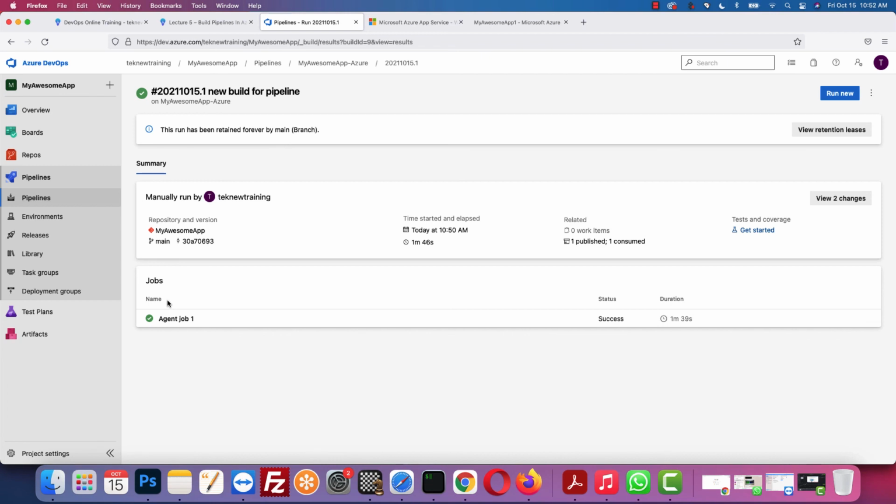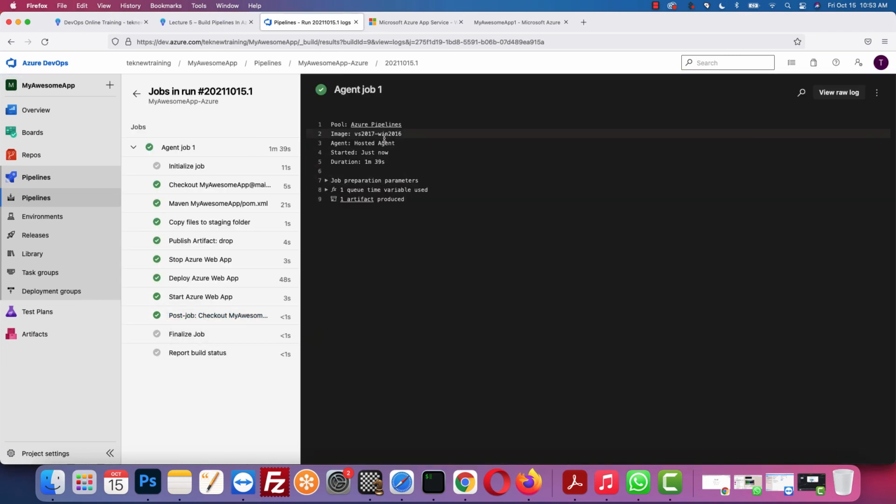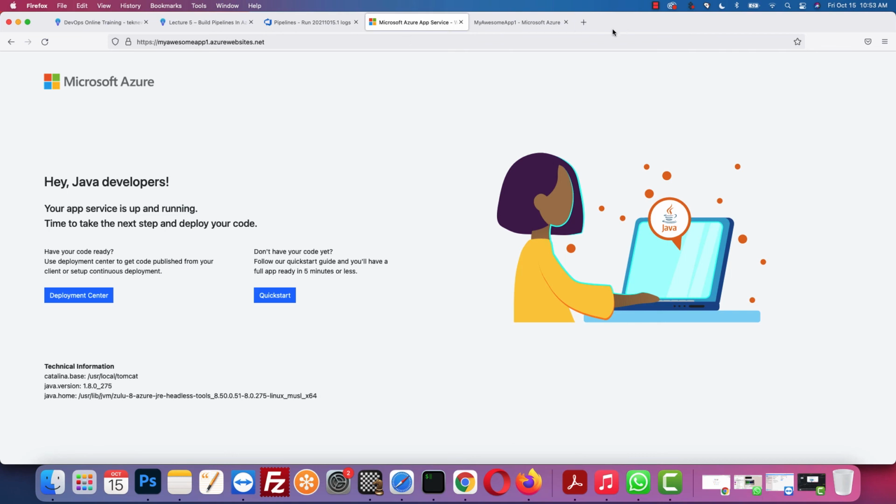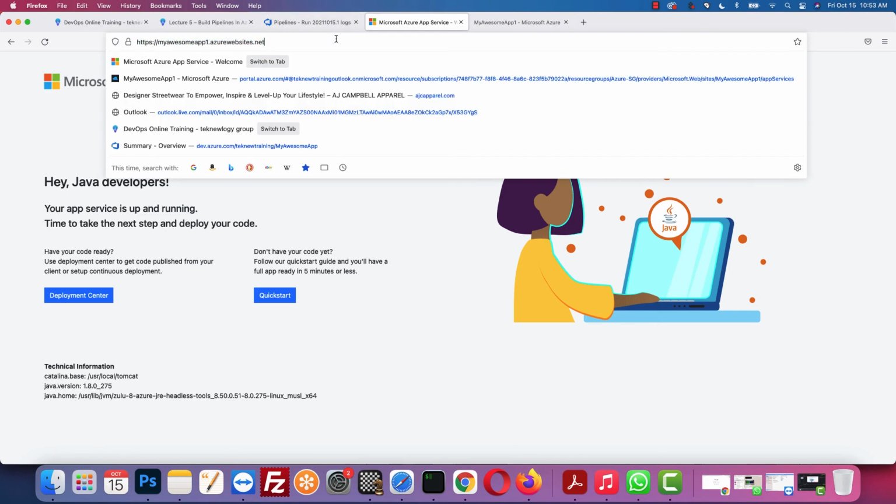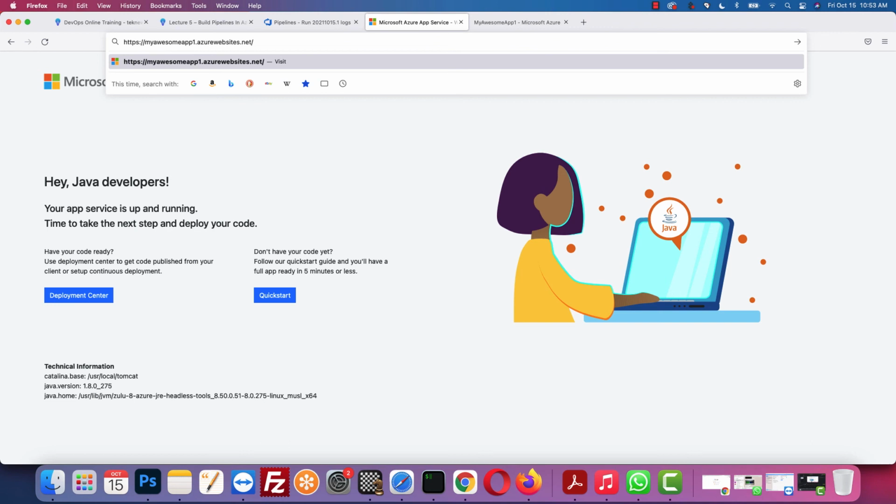Alright, so after completing, you're going to see agent job 1 green. And if you click right here, then you should see all the build. Yeah, Azure pipeline, agent just now 1 minute 39 seconds. Job preparation parameter. Alright, so this is what you do, and now you are able to build your pipeline on Microsoft Azure. So if you go right here and type my awesome app,